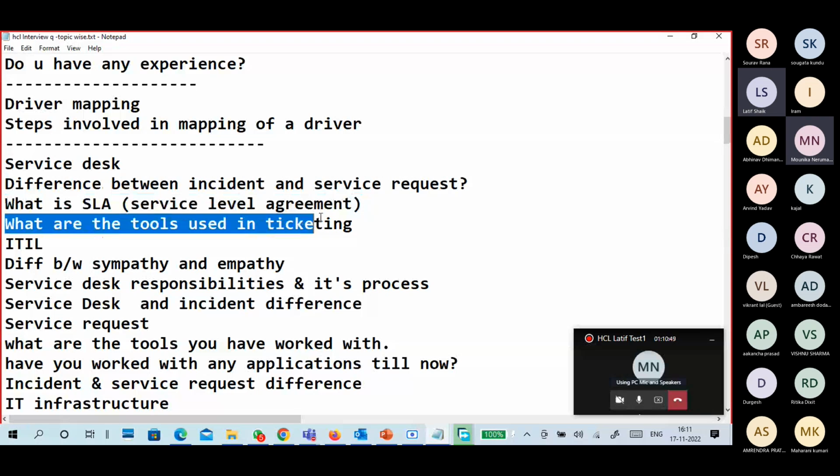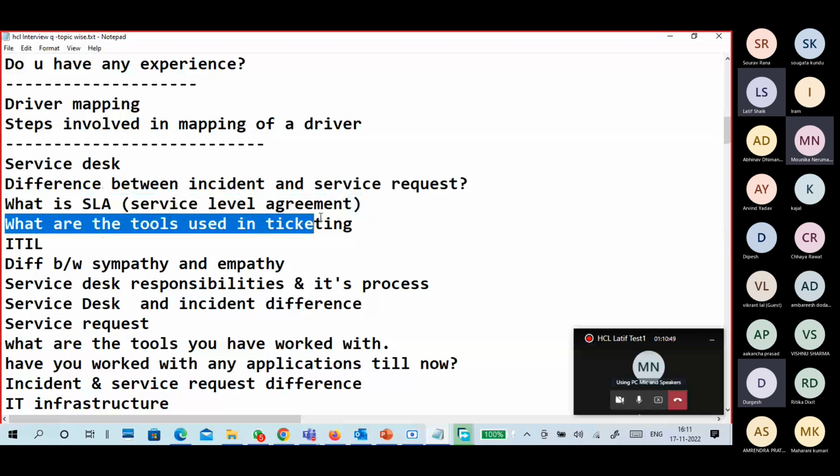What is a service request? A standard change request from the customer, or asking for information or access permissions. Like I want to access a printer, then I will define the organization printer. Then I need to access the printer. If they give printer access, then I will get printer access. So when I start coming to the office, first of all I have to get the Wi-Fi password, right? I connect my laptop. Get the Wi-Fi password.